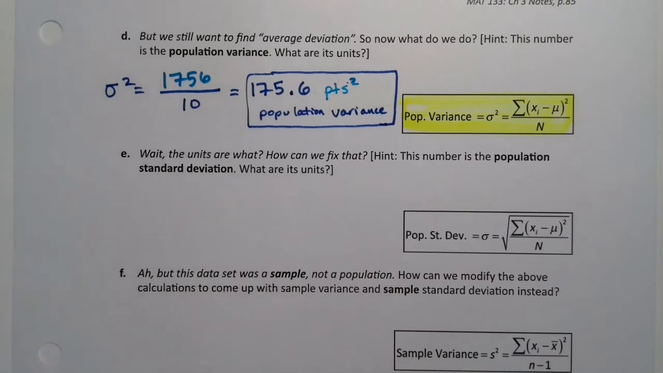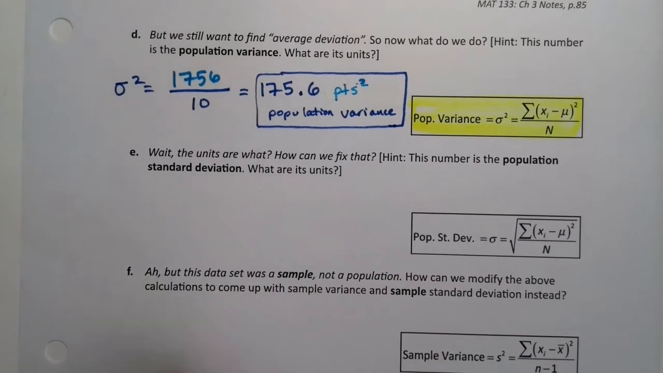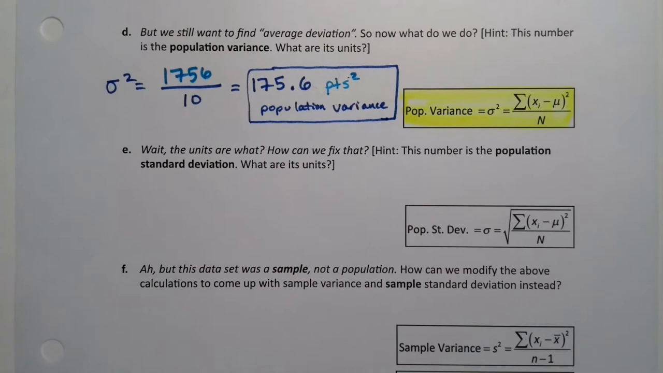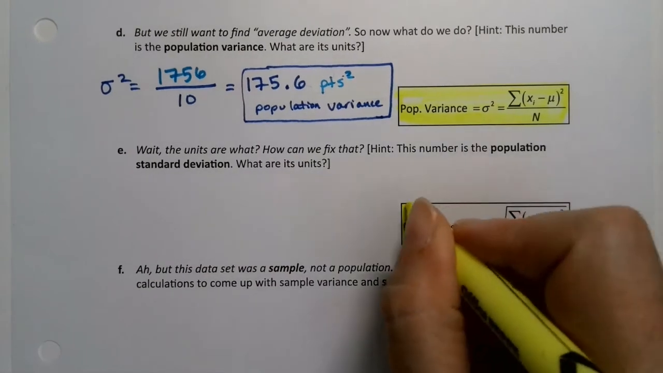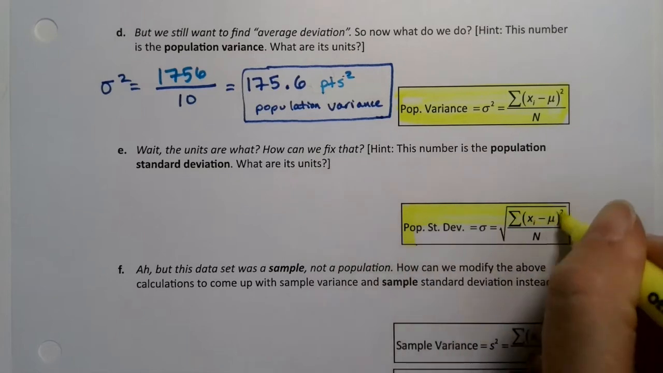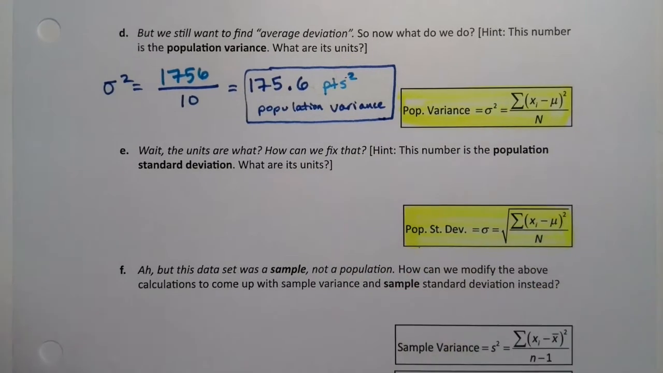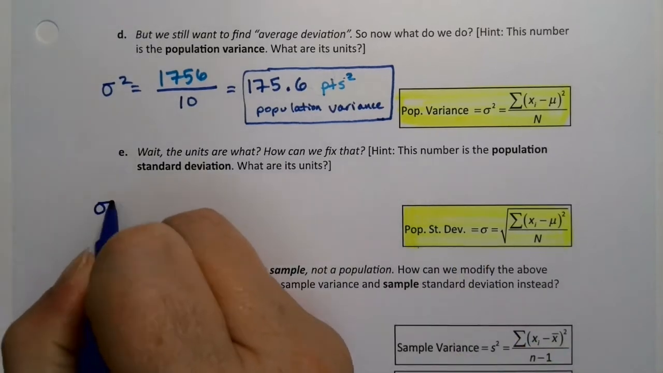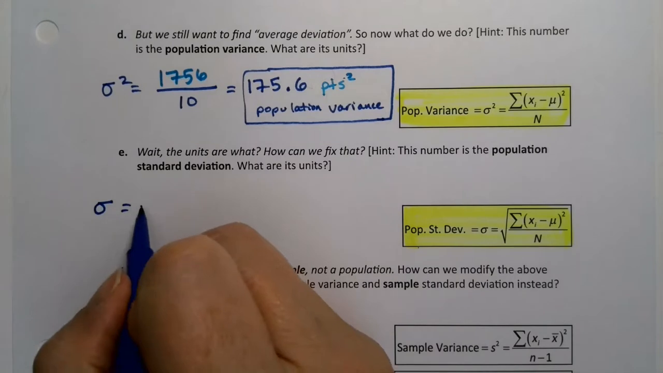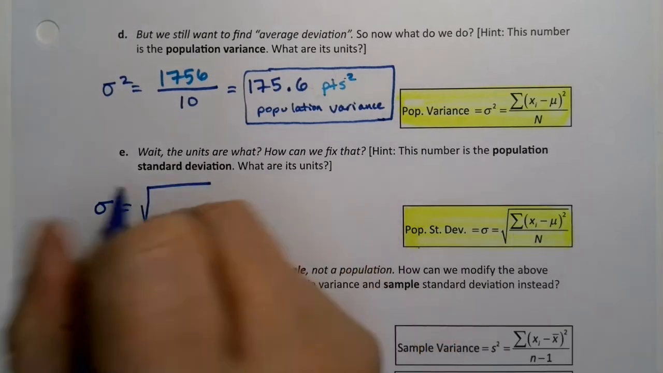Exactly. Variance isn't used for that type of interpretation. So how do we get rid of the squaring? How do we make it so it's just regular points? And of course, keep in mind, it's not going to be points every problem. Like if it was dollars, it'd be dollars squared. If it's inches, then it's inches squared, right? That kind of thing. So the population standard deviation is sigma, which would be the square root of 1756